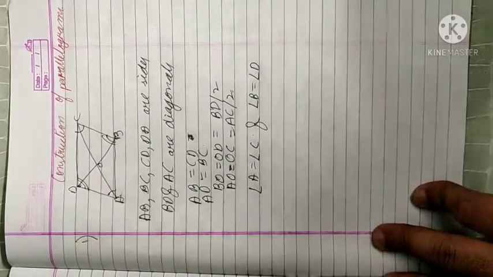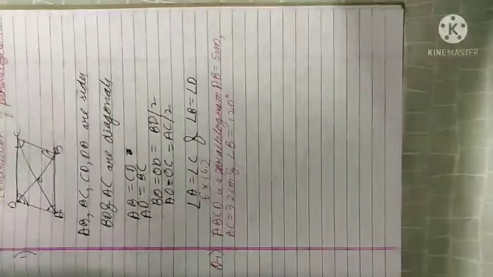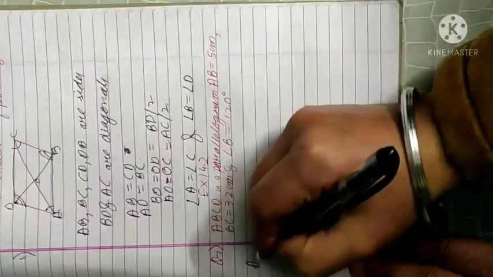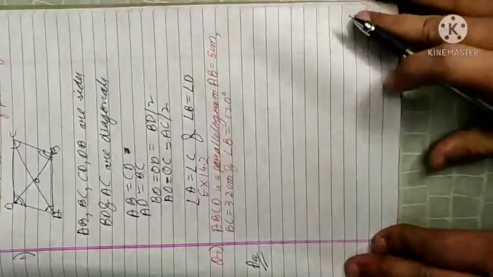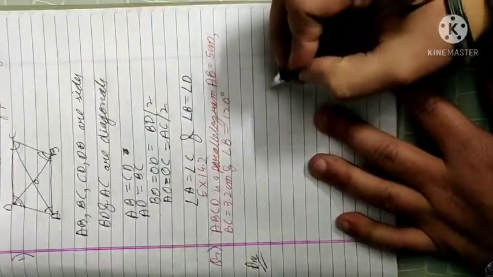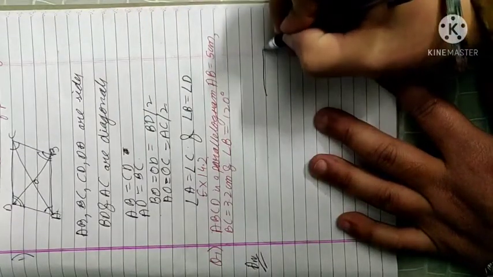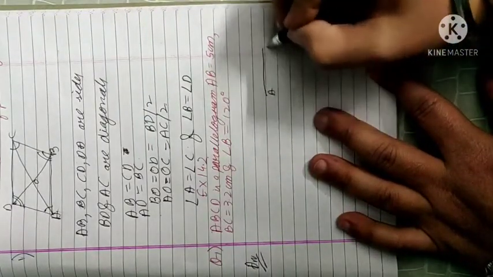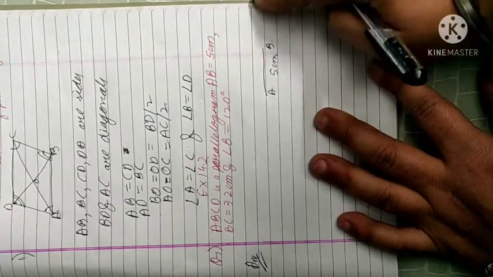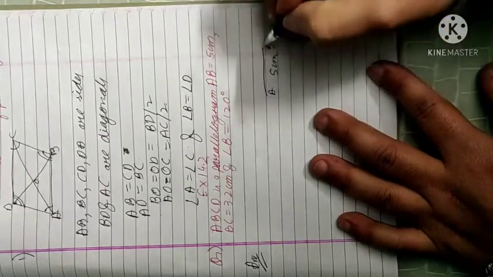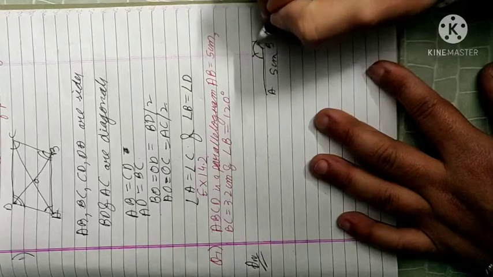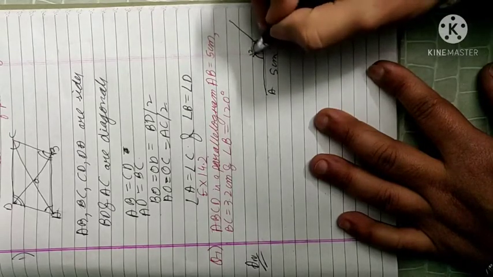Okay, so moving to the first question. So this is our first question. Here first we will construct a rough diagram for it. We have said that AB is 5 cm. How will you proceed with this question? We will first construct AB, that will be 5 cm. What next? Angle B is 120 degrees. We will keep the compass pin and draw this arc. So here this is 120 degrees.